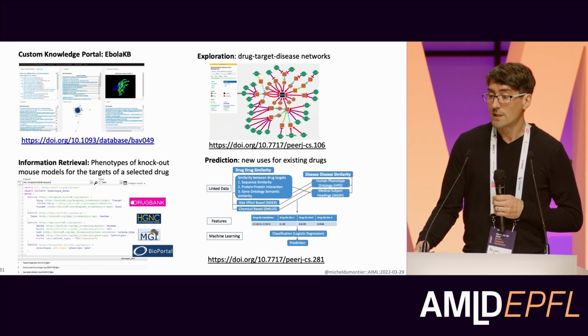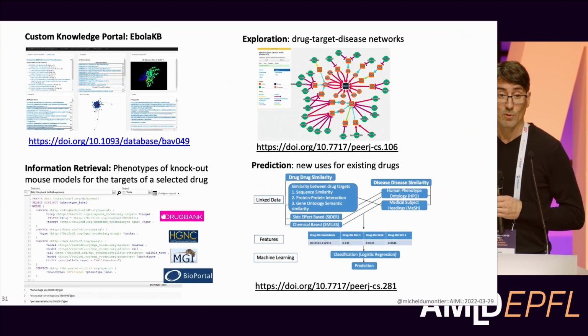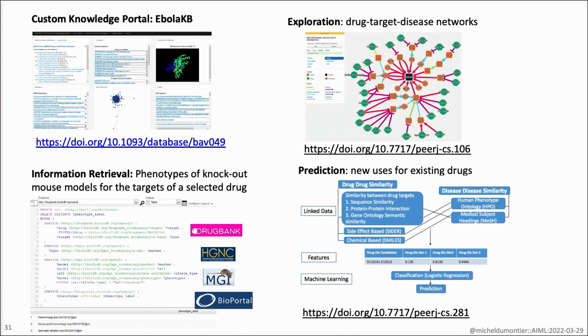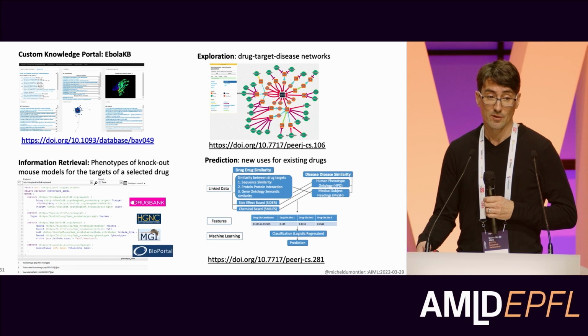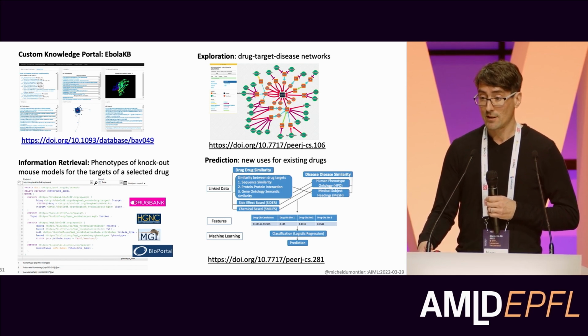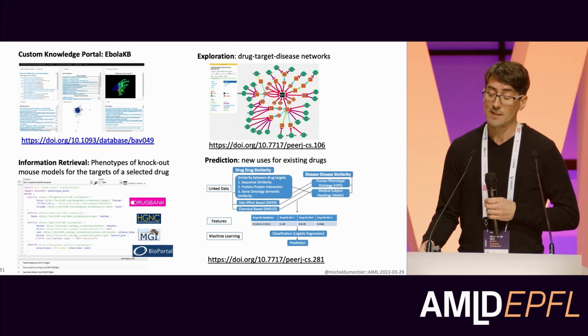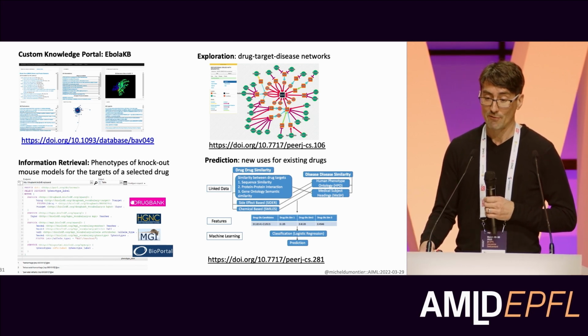We can use these linked open data, these knowledge graphs, for a number of different purposes. We can create custom data portals. For instance, when Ebola became a big thing some years ago, we created data portals quickly within a couple of weeks' time in order to navigate potential drug targets and to understand what literature was around this. You can explore the content and create drug target disease networks and try to synthesize those elements that are going to be most promising for drug discovery.